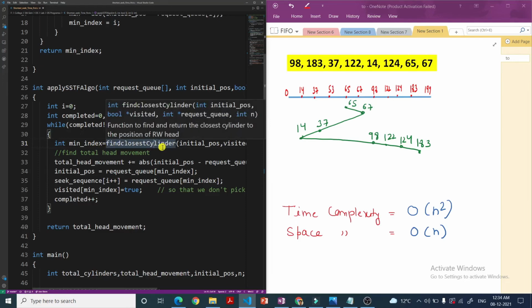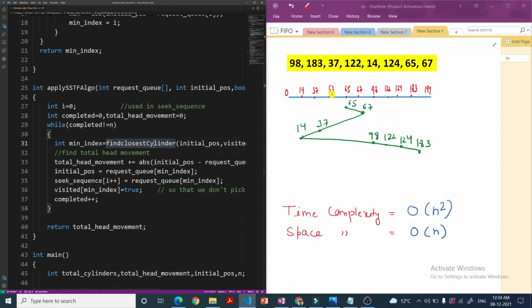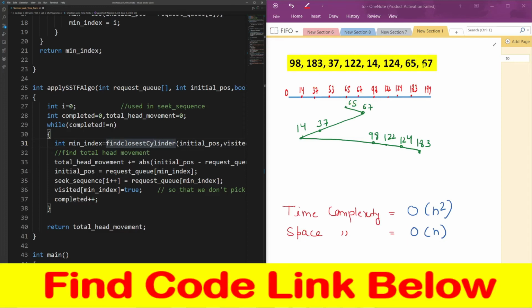Find closest cylinder takes the initial position of the read write head, and then we find the subtraction of this initial position with each of the n cylinders. 65 minus 98, 65 minus 183, 65 minus 37, and so on. So n times I have found the subtraction for this initial position of the read write head.